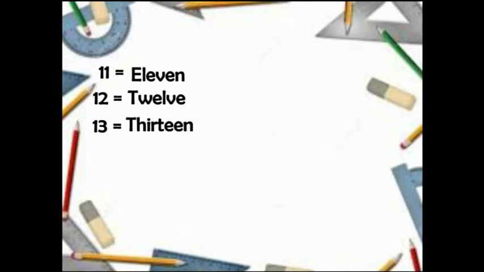Another one, we have number 11. And the spelling of 11 is E-L-E-V-E-N. Next, 12, we have T-W-E-L-V-E. And next one, we have number 13. And the spelling of 13 is T-H-I-R-T-E-E-N. Next, we have the number 14. And the spelling of 14 is